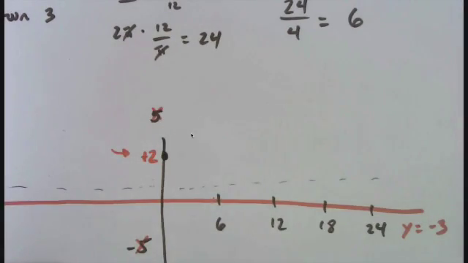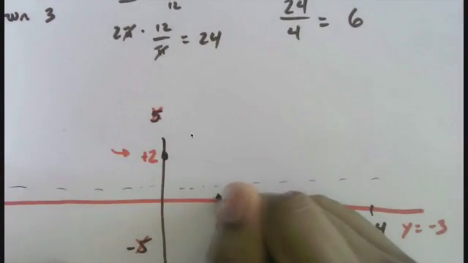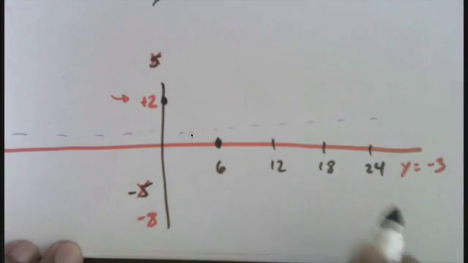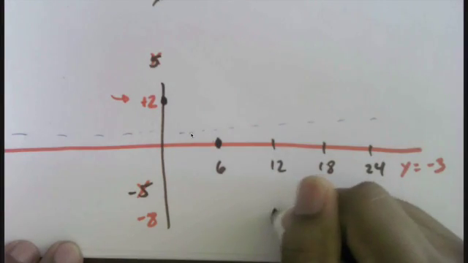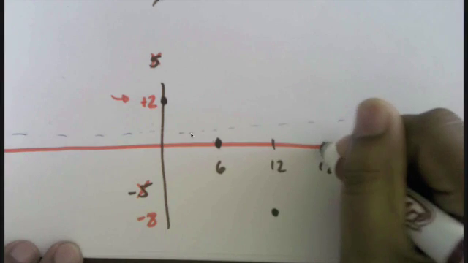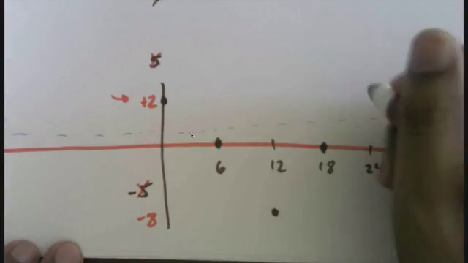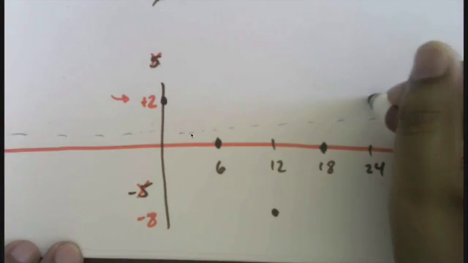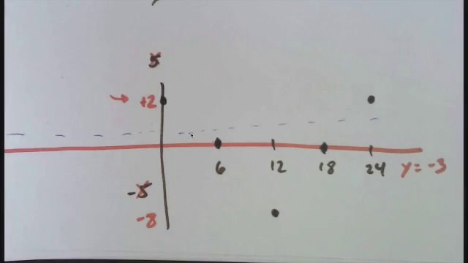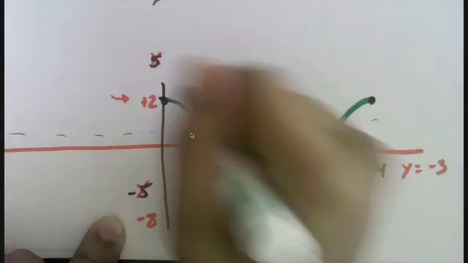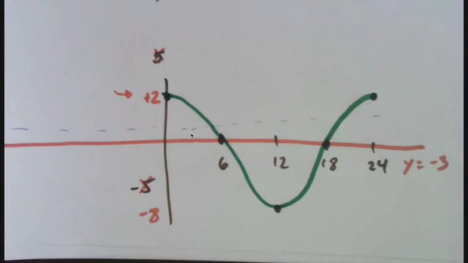At 6, I'll have a y value of negative 3. 12 will be a y value of negative 8. 18 will have a y value of negative 3. And 24 will be a y value of a positive 2. Let me connect those. And there you go. That is one full period of negative 3 plus 5